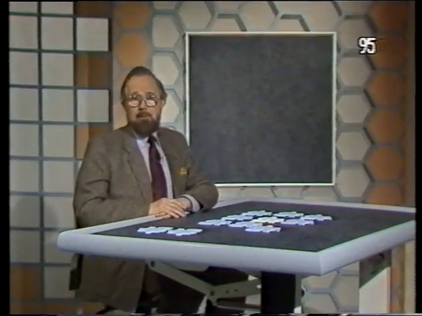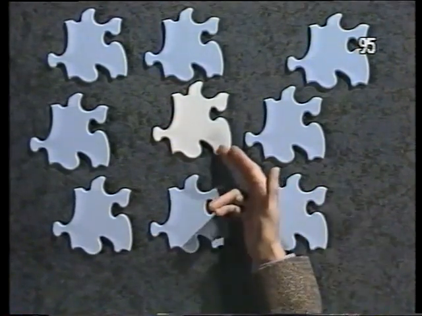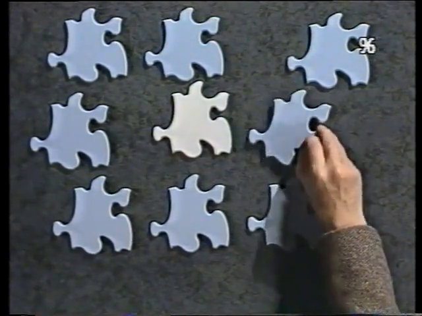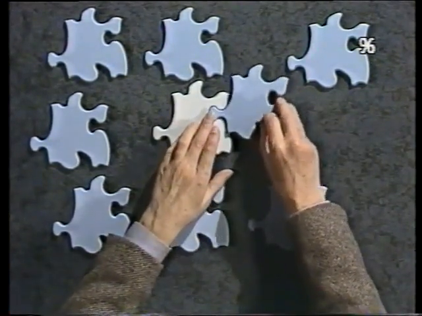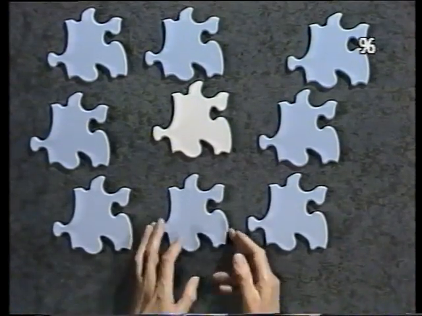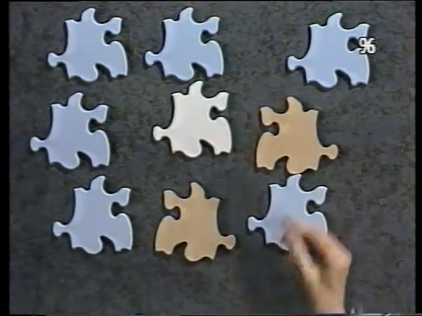Now let's look at a different example. Suppose all of your pieces were of this shape. It looks much simpler than the last one, but when I try it, it doesn't seem to fit. Suppose I allow myself to turn some of the pieces over and use them back to front. Now, of course, I wouldn't be allowed to do this with ordinary jigsaw pieces because they have the picture only